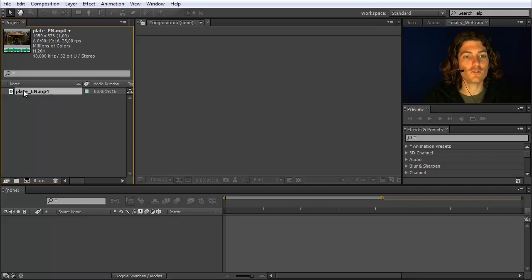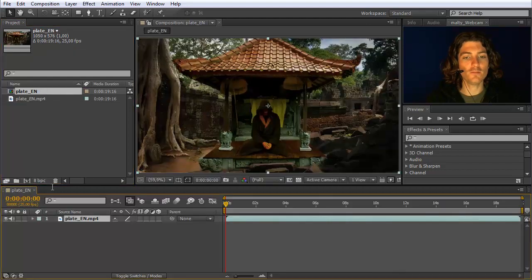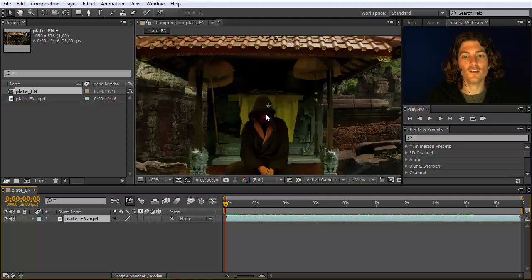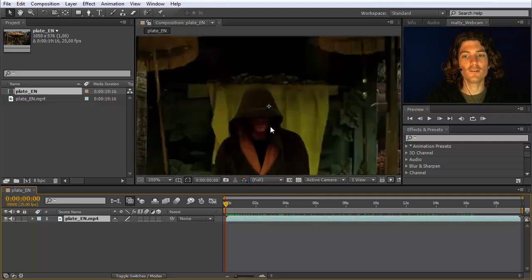For this I have already prepared a clip, and we take it and drag it onto this symbol to create a new composition, as you've learned in the first Guru lesson. This is our clip, and what we want to do with it today is to make this face disappear in the dark. So replace this by a black